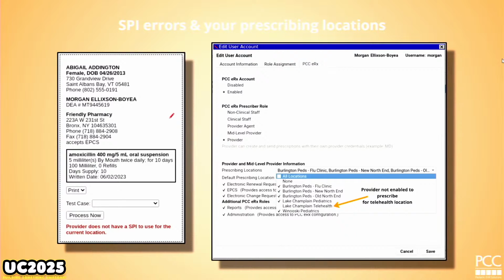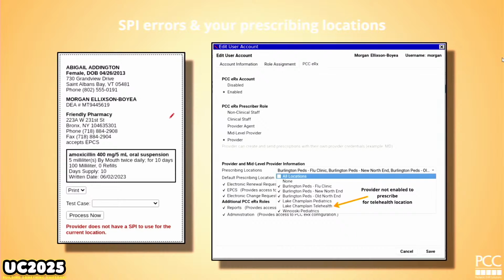SPIs, okay, so you have your NPI, and we know a bunch of information about you and your address where you're prescribing from, your DEA number, we have all that kind of good stuff. When you get ready to prescribe with any EHR, and if you work at the hospital, you have one of these from there as well, we take your NPI and your location, and we create something called a SureScripts provider identifier. That's what that SPI is.